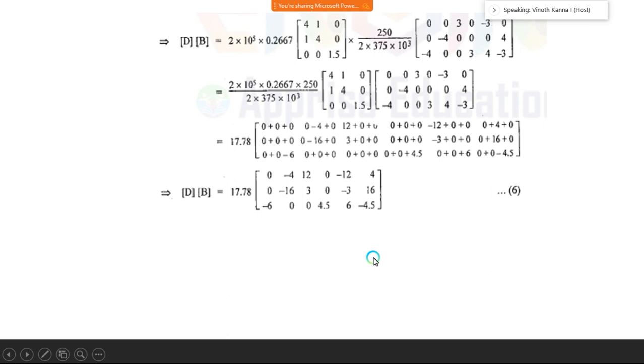Now we know the formula for K, that is our main term. We need to find out the stiffness matrix. The K matrix is equal to B transpose D B into A into t, that is the formula. First you need to multiply the D and B matrices. The D matrix value we know, the B matrix value we know. So first you have to substitute the D matrix only. Whatever order we have, in the same order you have to substitute and find the answer, using matrix multiplication. Next class I am telling you how to use the calculator in an easy manner. By using the calculator you may do matrix multiplication and everything. That I will discuss in the next class.